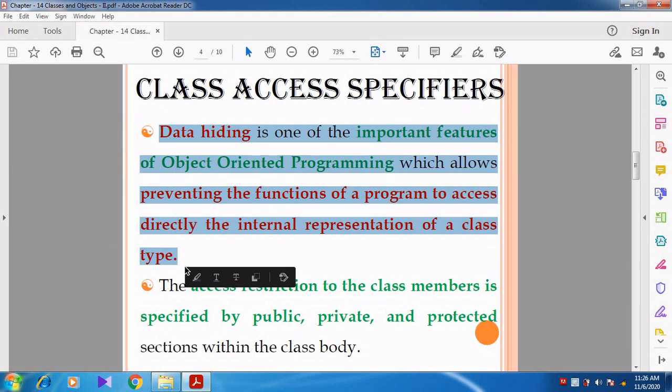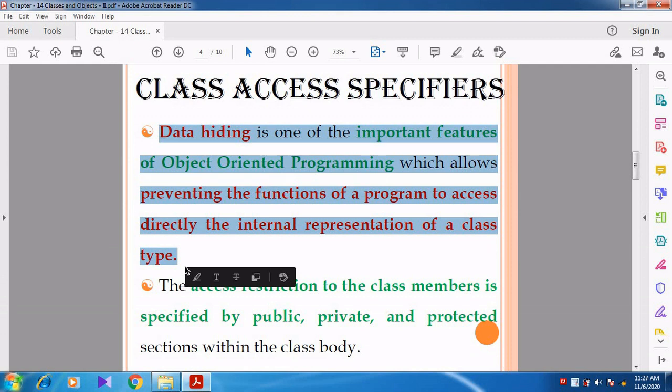What is meant by data hiding? Hiding the data from others. We are going to hide the data inside the class so that outsiders, that is, outside of the class, nobody should access the data which is inside the class.